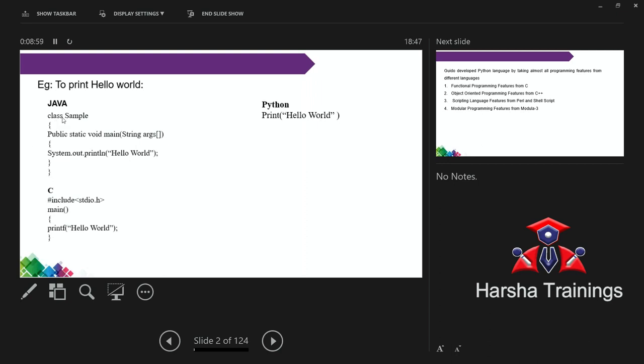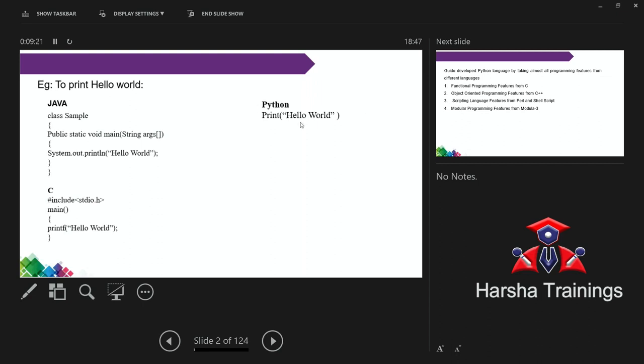Here my intention is to count the number of lines to find out the difficulty. In Java, first you have to declare the class and declare the main. This is the syntax for main. Then by using System.out.println, I am printing the hello world message. Coming to C programming, we include the header files, then main, and within the main we print the message.